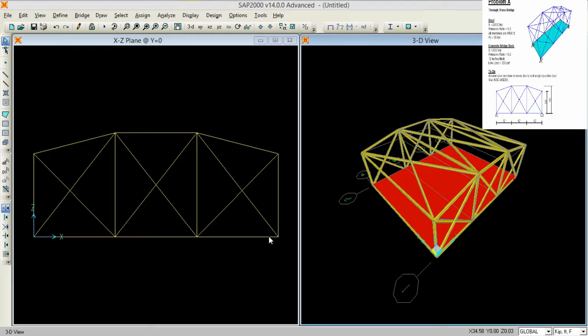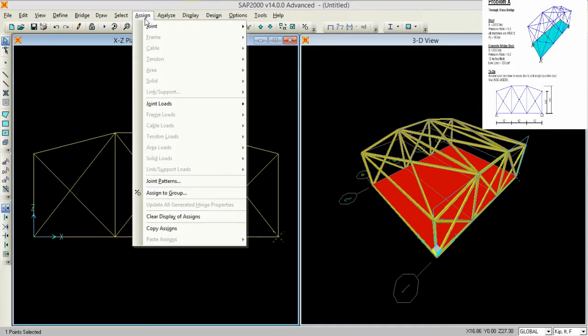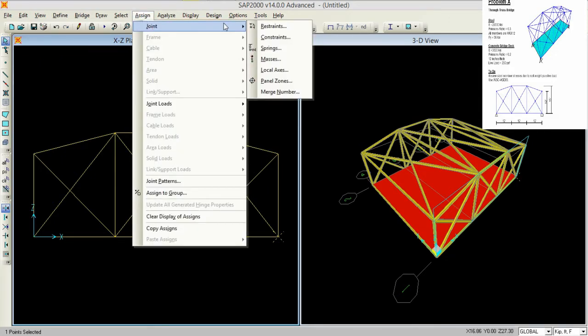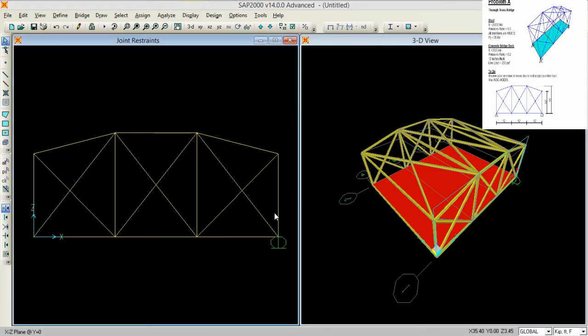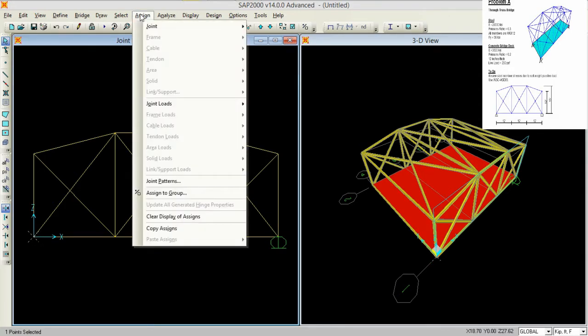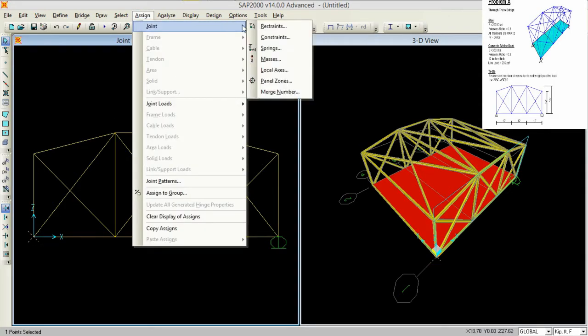Alright, so now I have to assign the loads. Oh sorry, first I have to assign the supports as well. So I have to add a roller over here and a hinge over here. So go to assign, first select this point, go to assign and go to restraint. I have to give a roller over here, pressing OK and selecting this, assign and